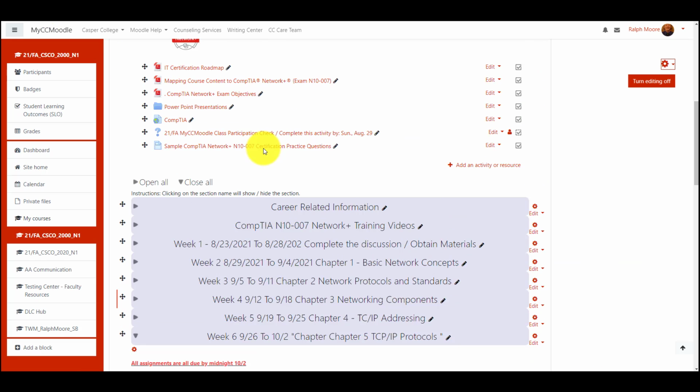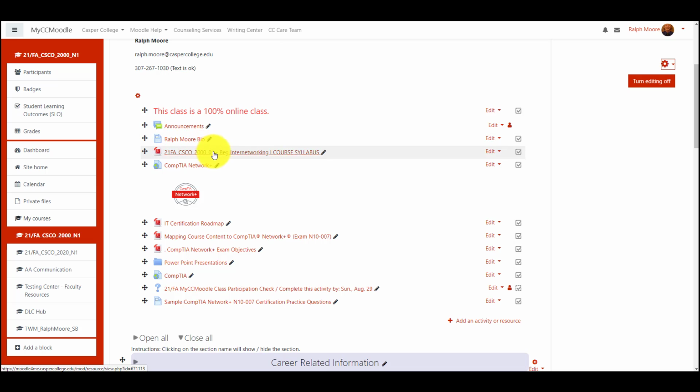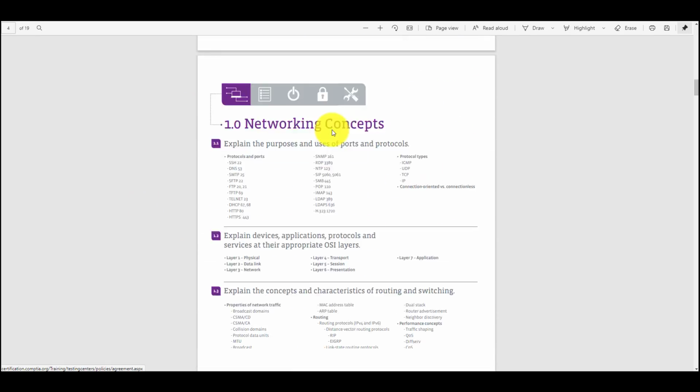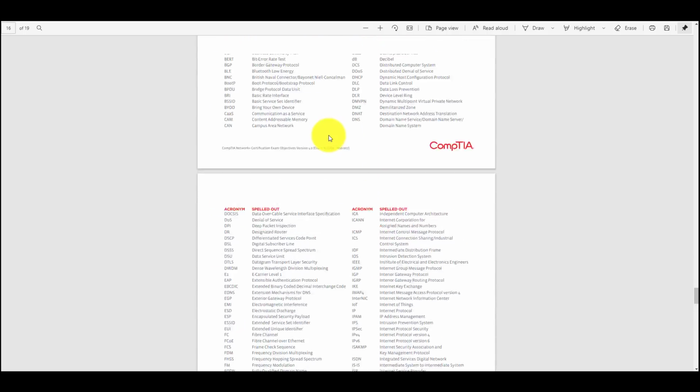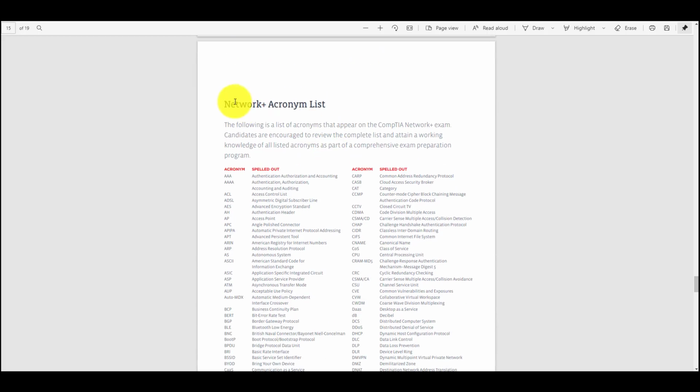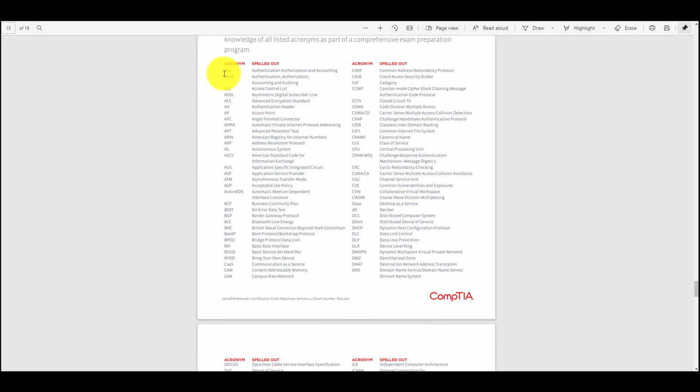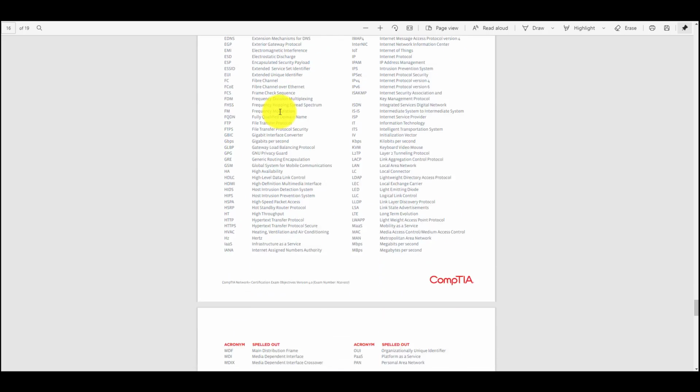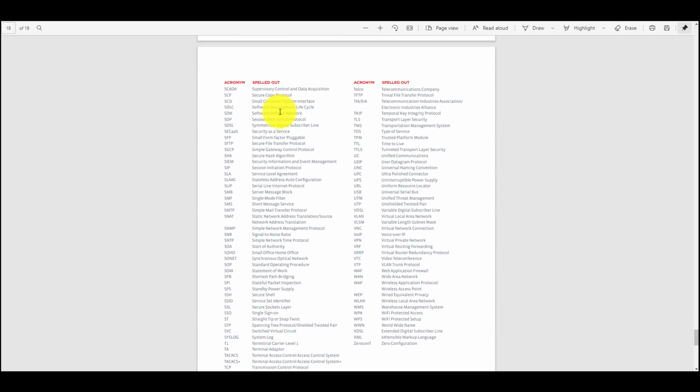So back here on the course page somewhere, we have the CompTIA objectives. So right here I have that for you. And if you scroll all the way down to the bottom here, they have the section of the acronyms list. So if you can walk through this whole list and you can know the acronym, what it is spelled out, and understand what this acronym and word mean and apply it, then you will do better on the multiple choice